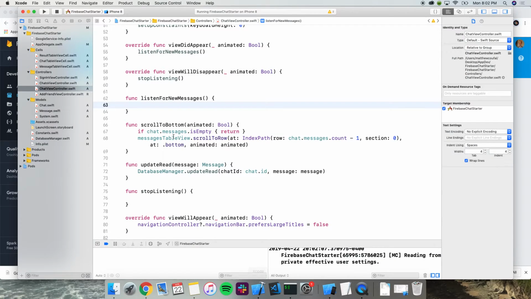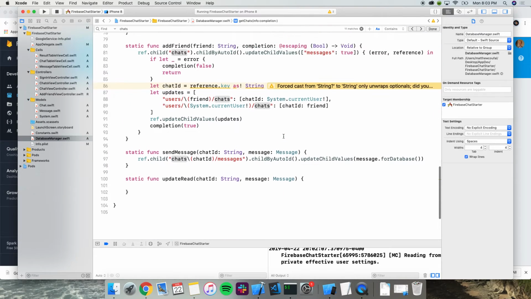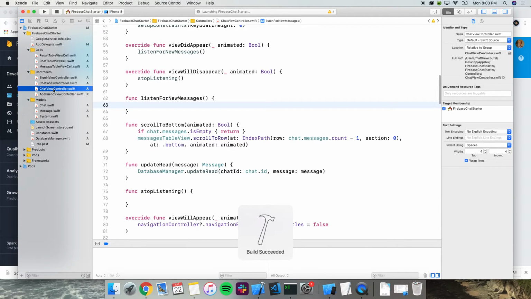Actually, that's a great catch. That was a mistake on my part. Thank you for pointing that out. Let me see. You're right. I did not have a slash there. Let's try that one more time. Okay. So while that's loading, and he's right, that's the reason why it didn't show up under chats.